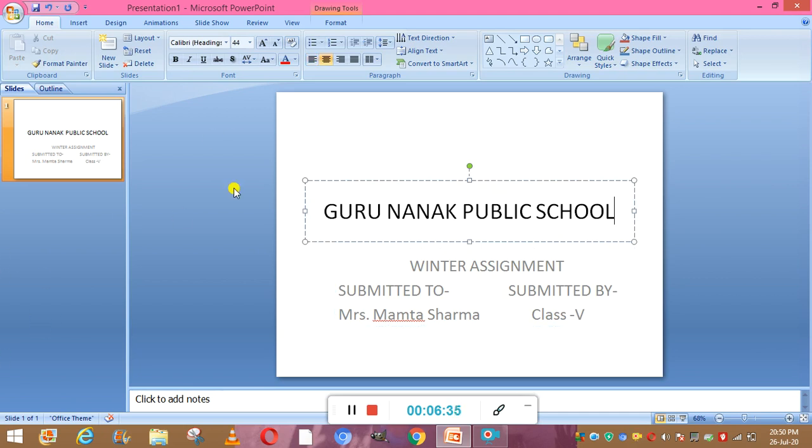Now how can we format the text? To break the monotony in a presentation or to emphasize the text, we have to focus on the text. So we have to change the format of the text, the style of the text, and the alignment or the case type. So how can we edit that? We can change the font, the font style, the size, the color and the effects. So first, how can we change the font style?